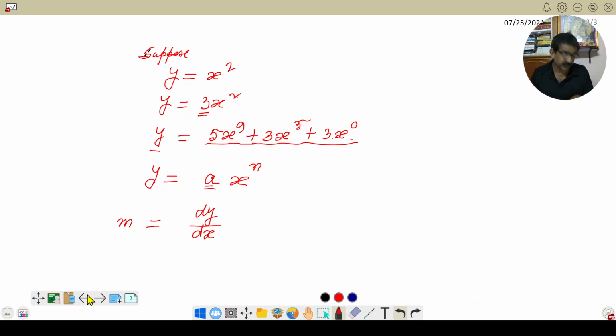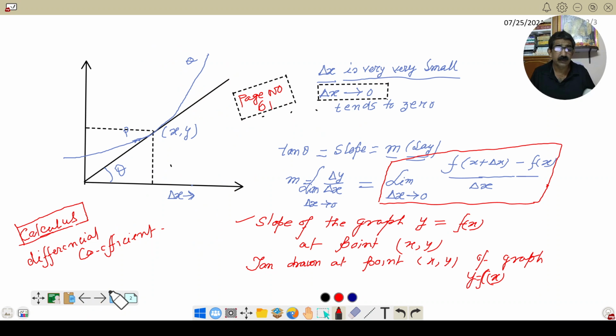Actually, this quantity in the previous page is known as dy by dx, not delta y by delta x. In your book it is given as dy by dx, which is equal to d of f(x) by dx. All are given in your book. You must consult your book, and this lecture will help you to follow the book. You must follow the book totally from top to bottom. You must read the book.